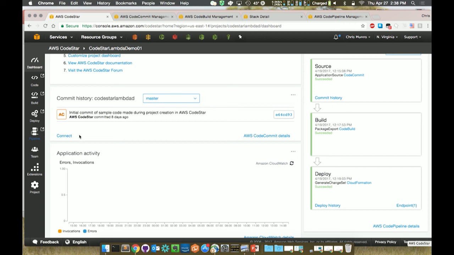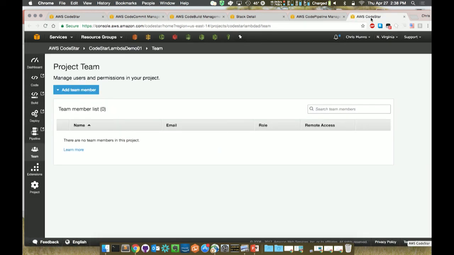The other thing is that we give you the ability to set up what we call a team. Pretty straightforward. It basically gives you the way to create a group of IAM users inside of CodeStar, and it automatically gives them access and the right permissions to all of the various services that are part of this. And so it becomes really, really easy to glue all of these things together. Really encourage you to check it out.